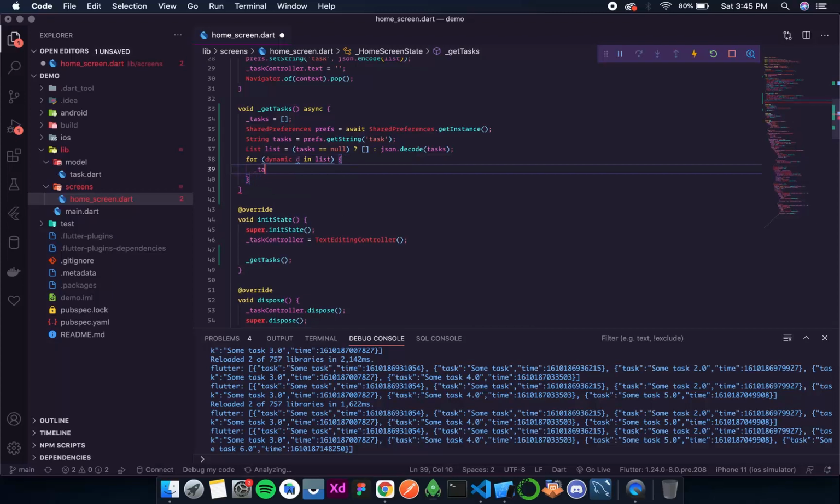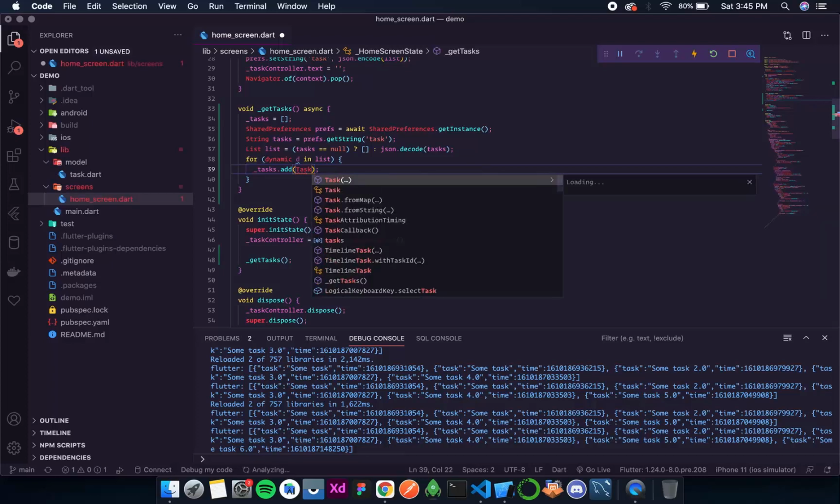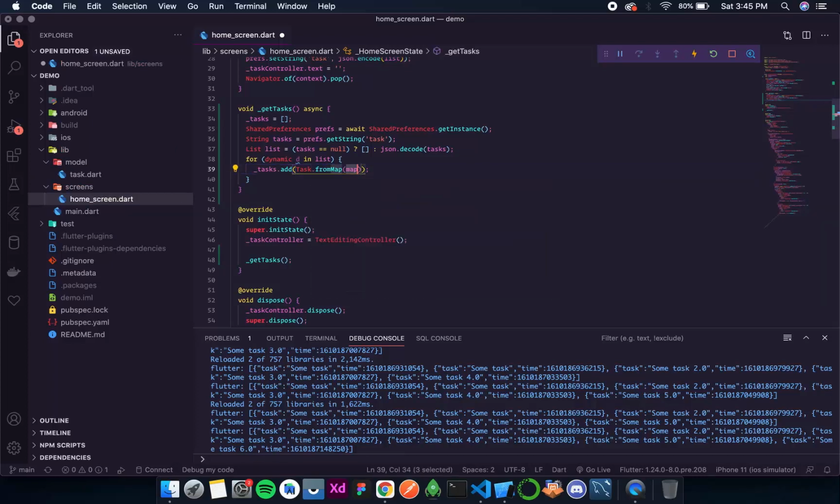So tasks dot add, and then over here it will be task dot from map and then d. So now all the tasks will be added.